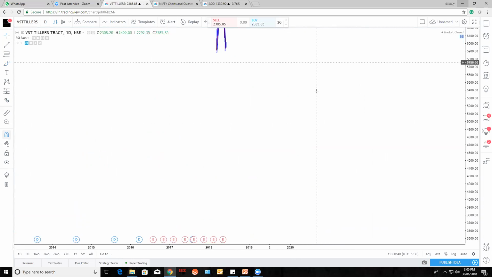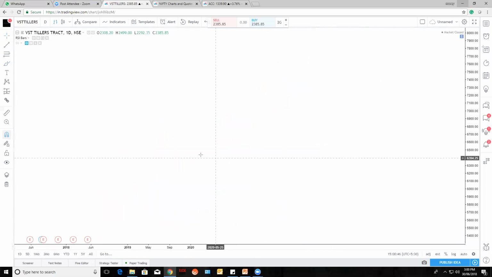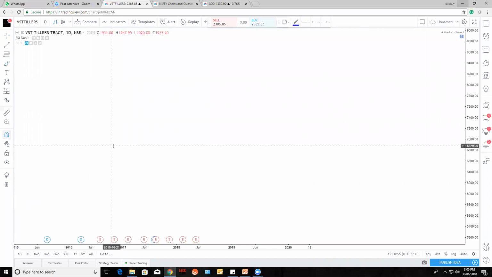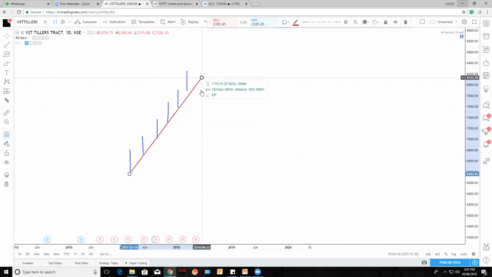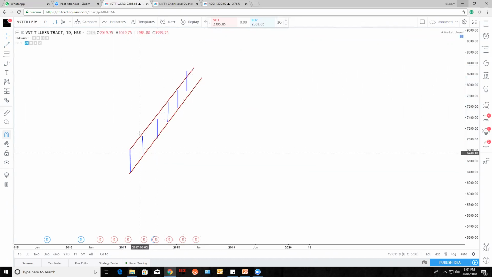So to draw the channel, what are the things you need? A channel is nothing but two trend lines covering the highs and lower lows. You need two lines covering highs and lows. Let's say these are the candles. You are covering them with this lower trend line, which is one trend line, and you are connecting the highs also, which is one more trend line. Both these trend lines covering the higher highs and lower lows will give you a channel.